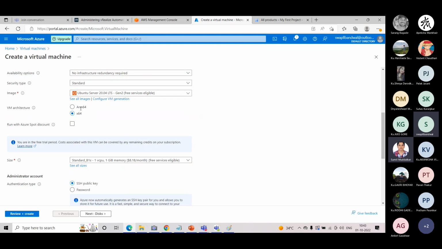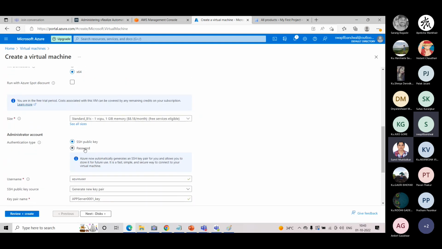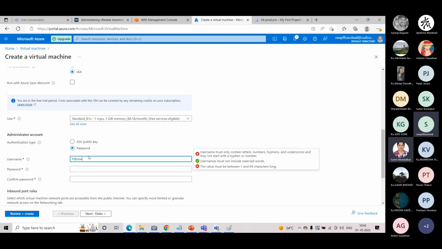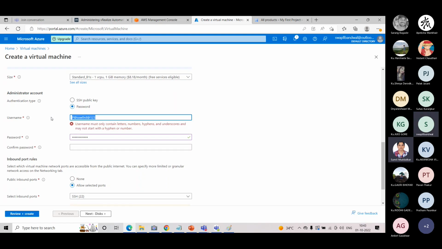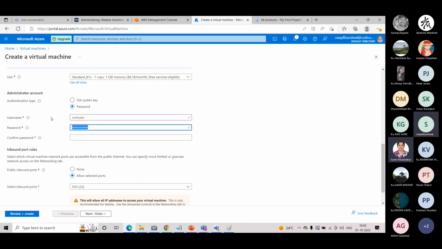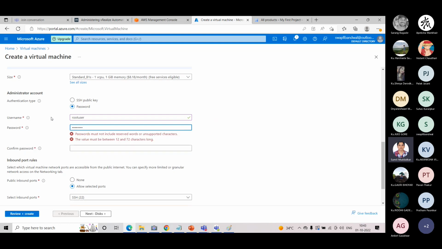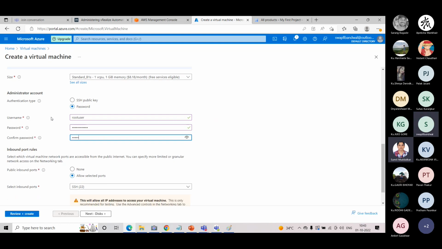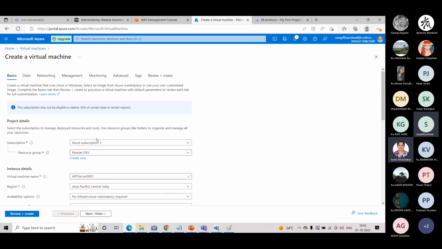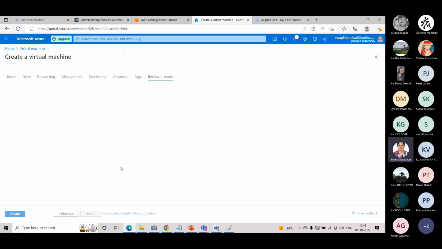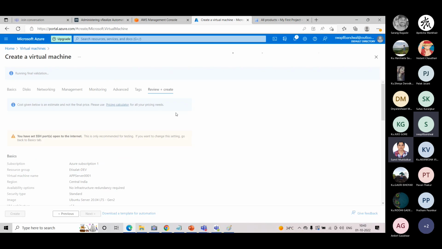Okay, one second. We have selected these. Now this is a Linux machine, so it is asking for a password. No, sorry, this is the username. Root user. So this portal also asks us for the password for the virtual machines which we are going to provision. Since this is Linux, yes, I have selected, I think, Linux, Ubuntu. And that's it. Very simple. You have other options to select, like networking, but no need to go deep, at least